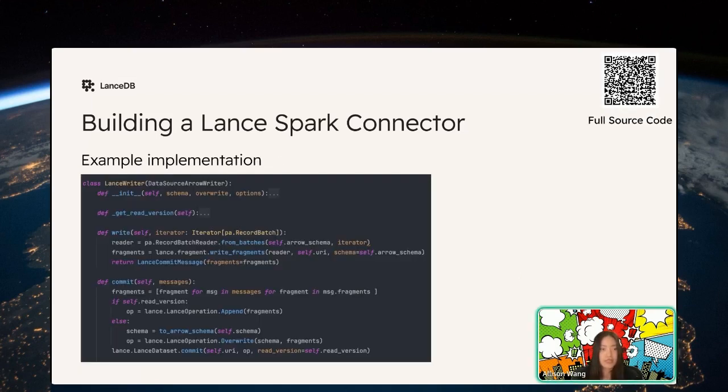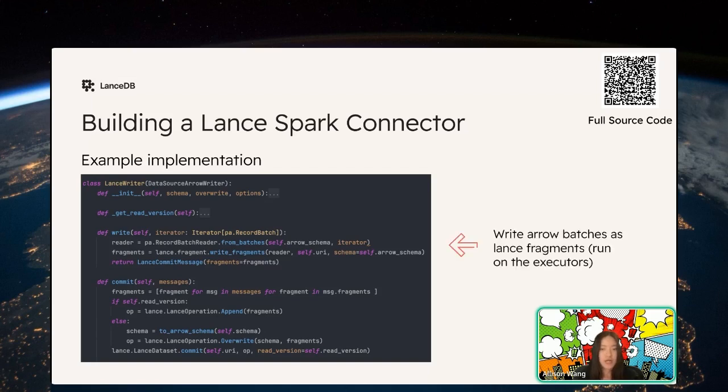Here is an example implementation of the Lance writer using the Python data source API. This is just part of the implementation, and if you want to see the source code, feel free to scan the QR code here. As you can see, using the Python data source API and leveraging Apache Arrow, it is very straightforward to implement a writer.